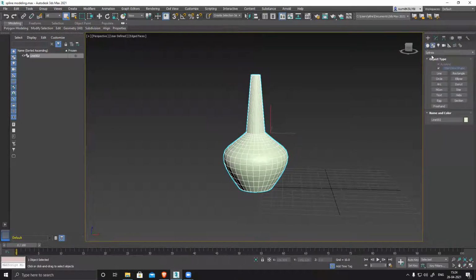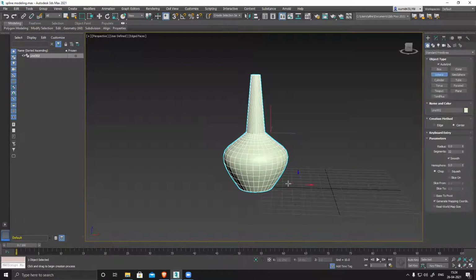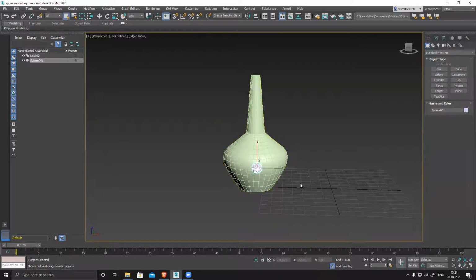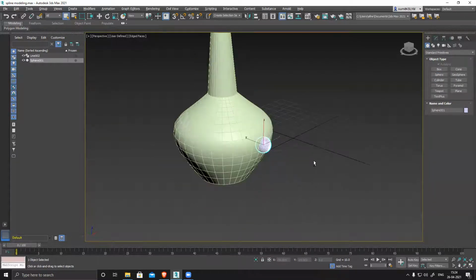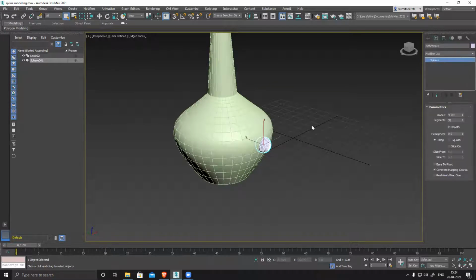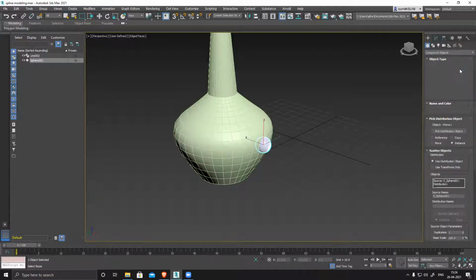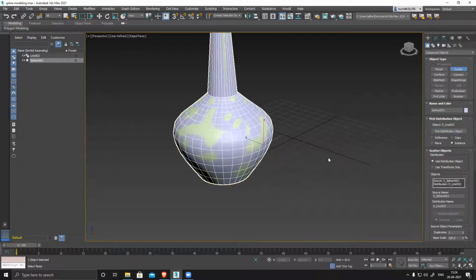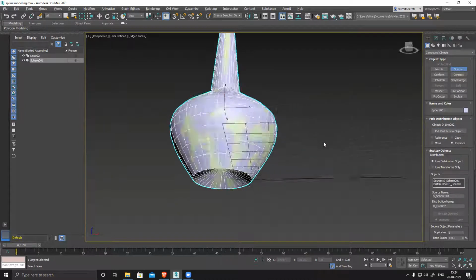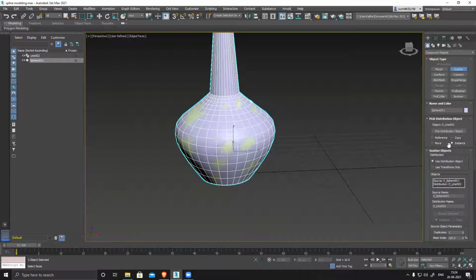Sphere. Just create one, and then there's one more option in compound object called scatter. So pick the object and click it, it will scatter on this surface.